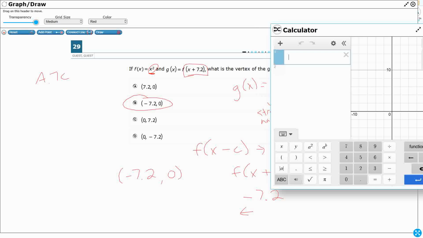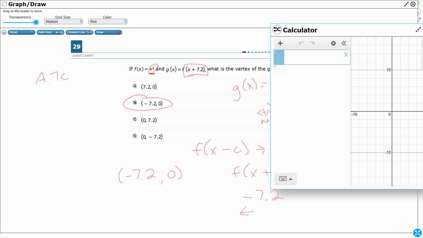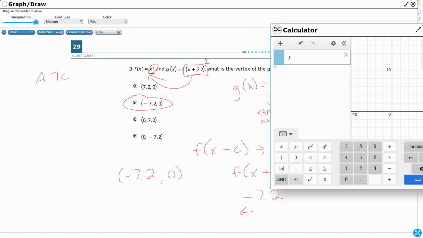So this f of x plus 7.2 is actually needing to go right inside here. So that x plus 7.2 needs to be squared for it to show up. So I'll just use y here equals, and then what I want to do is parentheses x plus